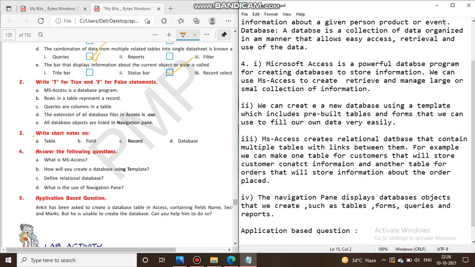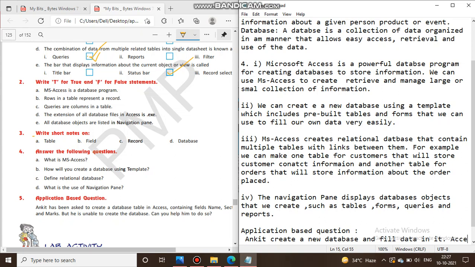So what Ankit has to do, Ankit create a new database and fill data in it.